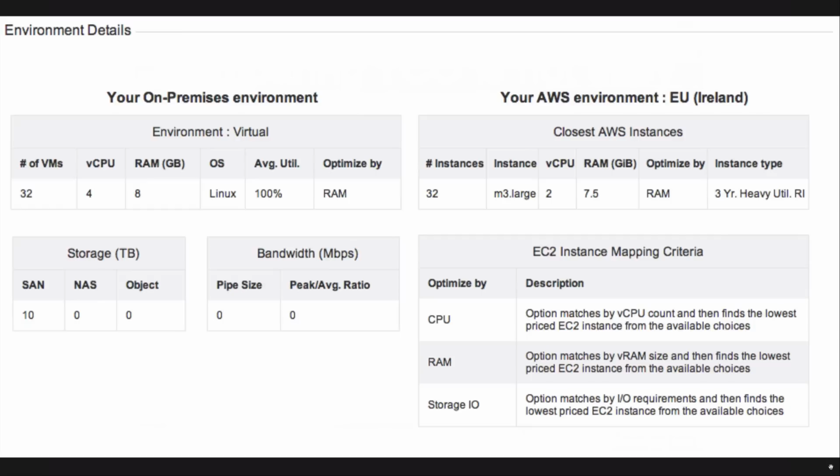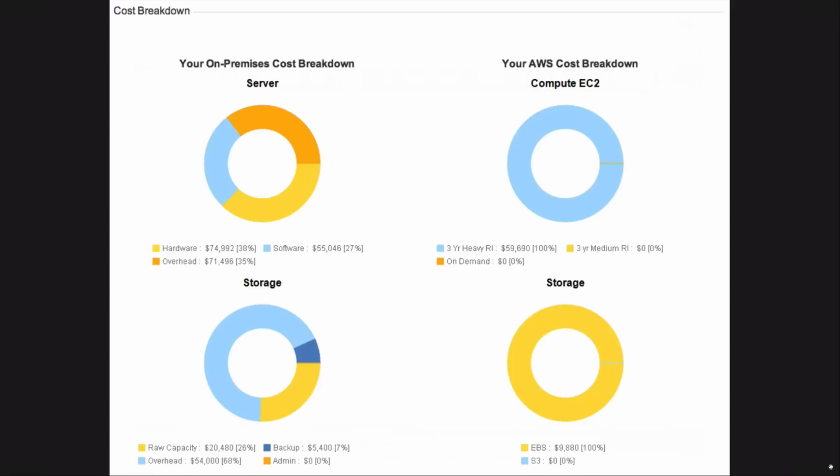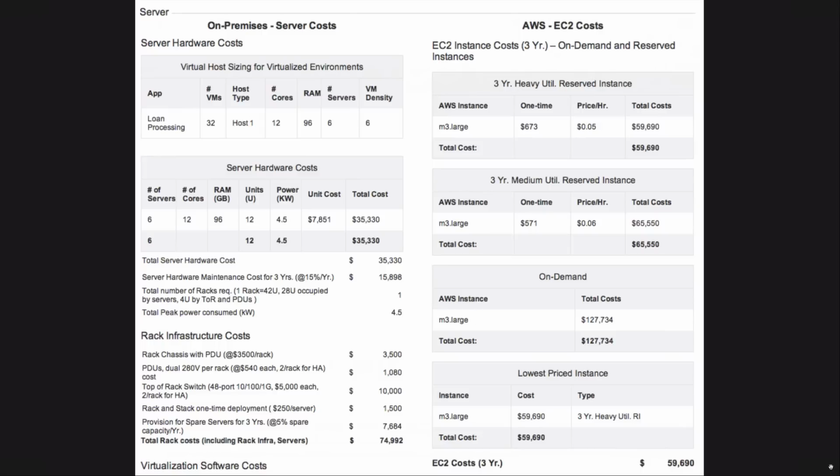So looking at things like storage inefficiency, looking at things like the bandwidth utilization that you have, and also helping you match your compute resources onto current AWS instance types that might be appropriate for you to run your workload on. And it'll show you a cost breakdown of what your cost base will be either for your on-premises or for your AWS-based delivery option.